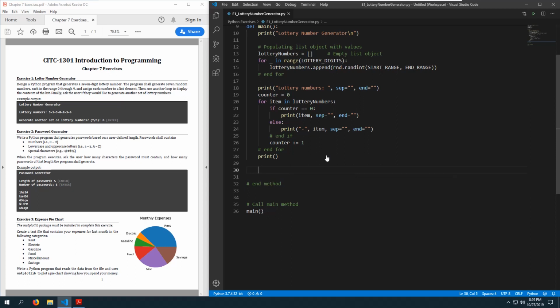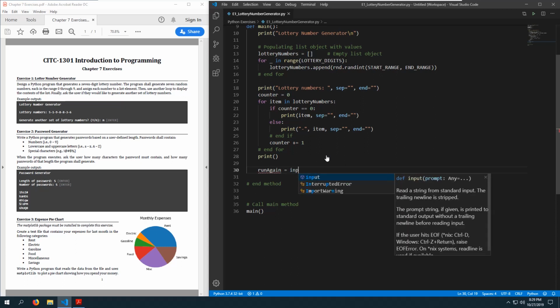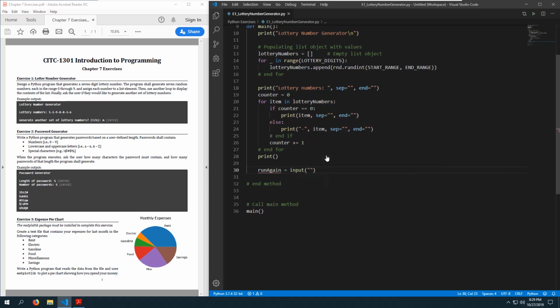I'm just going to call it run_again for lack of something better. And we'll set that to the input of "Generate another set of lottery numbers? y/n: ",